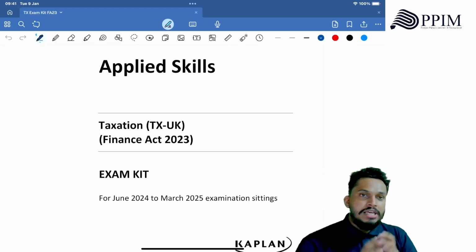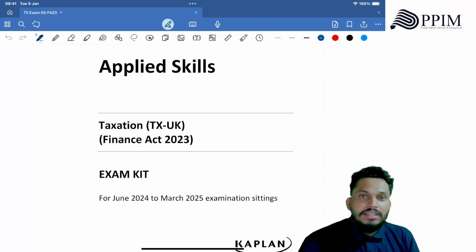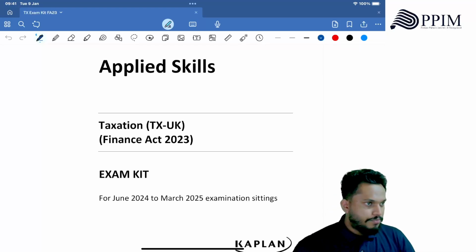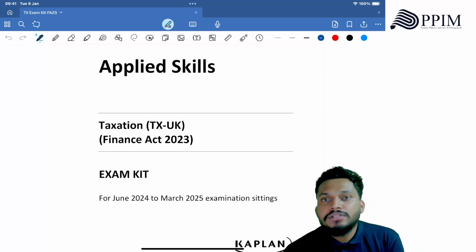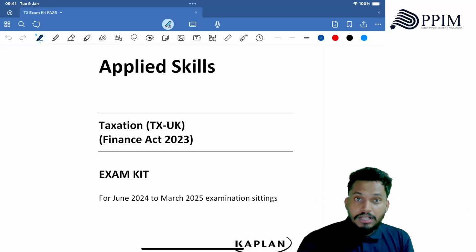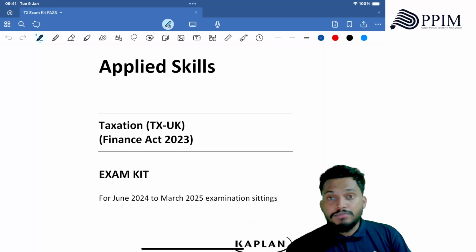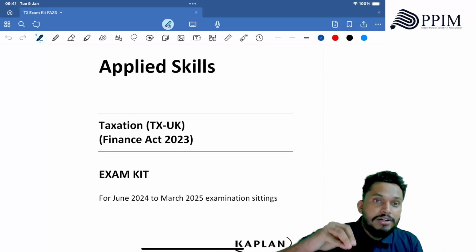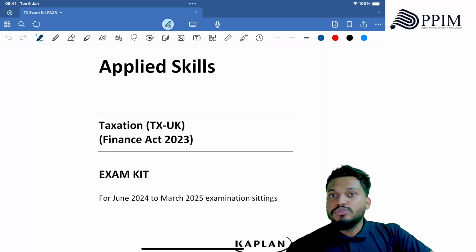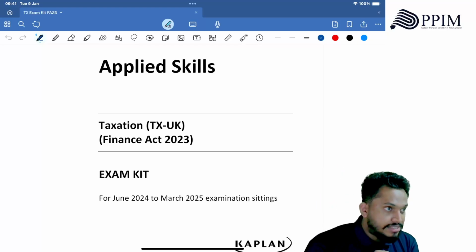For an example, if the examiner is asking you from income tax, then you need to worry about what the incomes are that a person would receive, isn't it? So technically, from his non-savings income he will receive a part, then he will receive from his savings income, from his dividend incomes. So it is open for the examiner to test all this knowledge from you, isn't it?